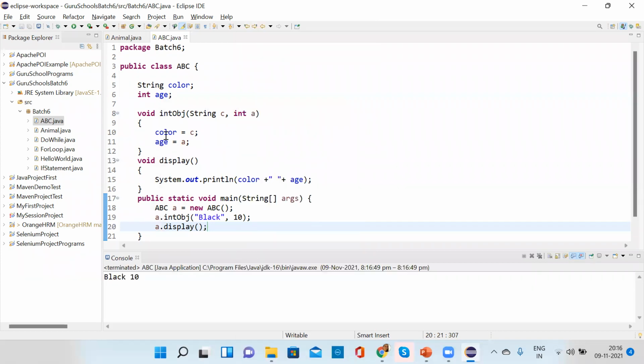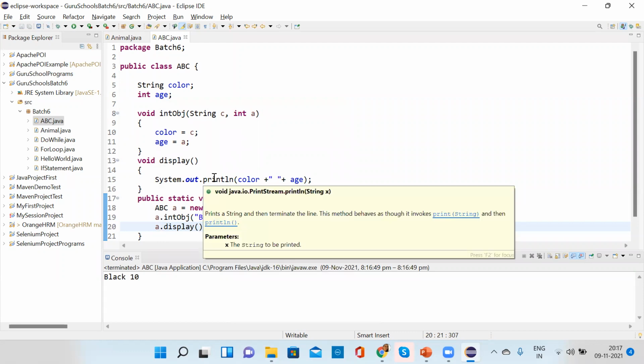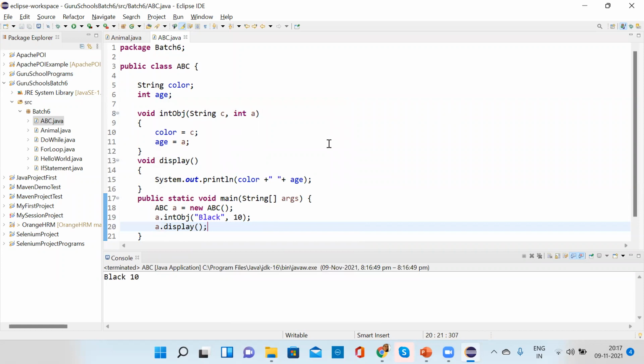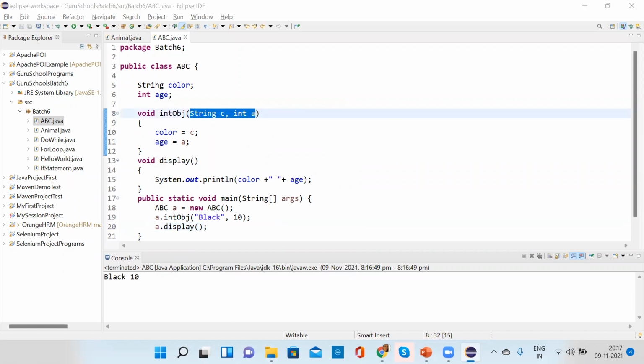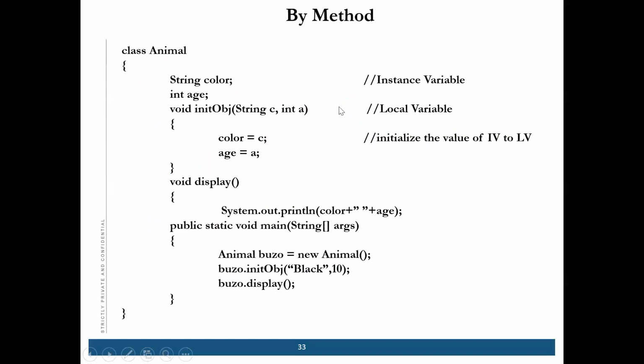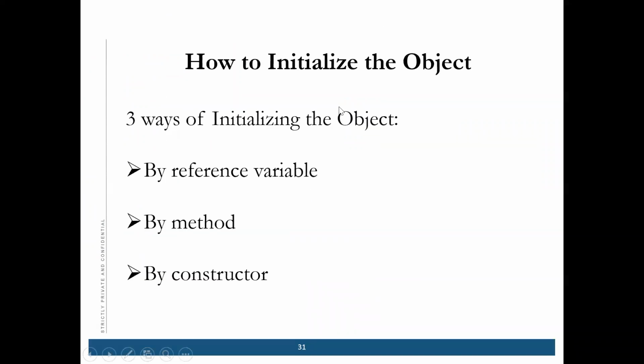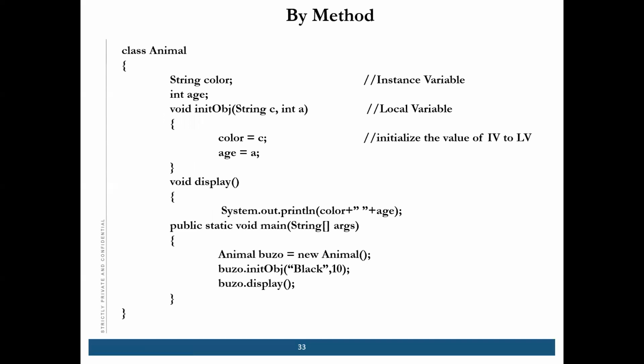Clear? This is also an interview question: how we can initialize the variables of an object with the help of a method. This is the way, by passing parameters we can initialize the object with the help of a method.